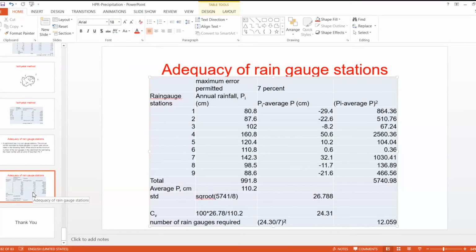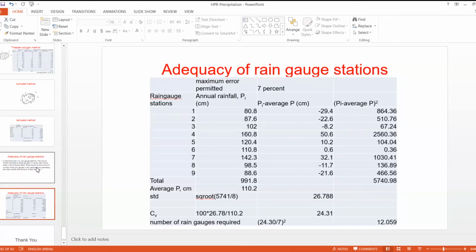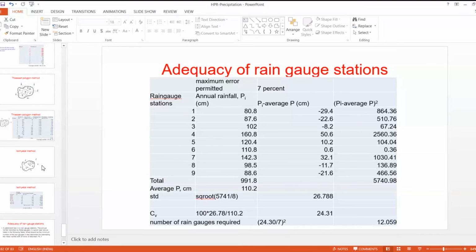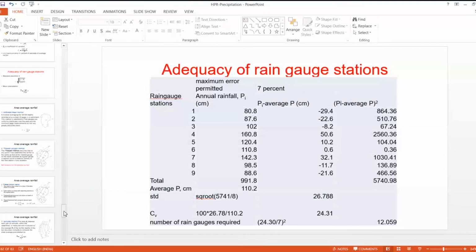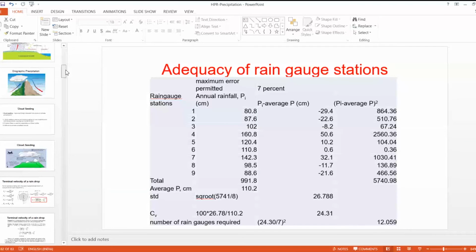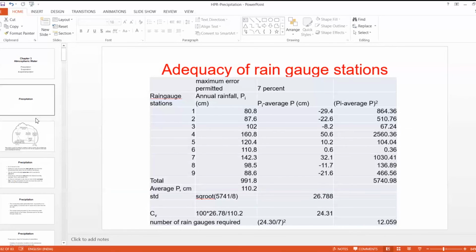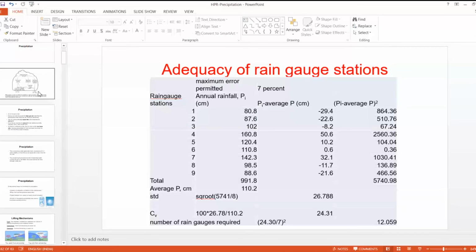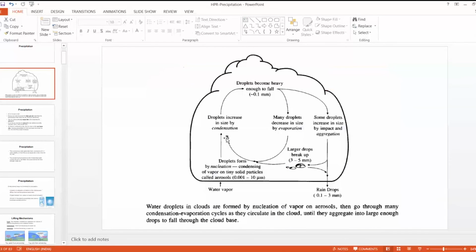So this is all about precipitation. We have another 10 minutes, so I'll go for a recapitulation of what we have discussed in this chapter. First, I've explained how rainfall development takes place. The rainfall mainly occurs because of the temperature lapse rate as well as the pressure decrease as we go to higher altitudes.